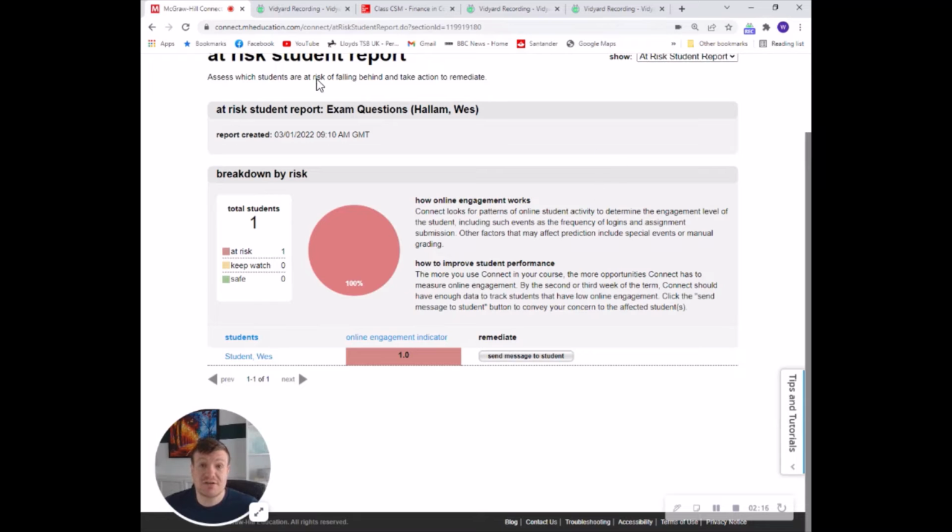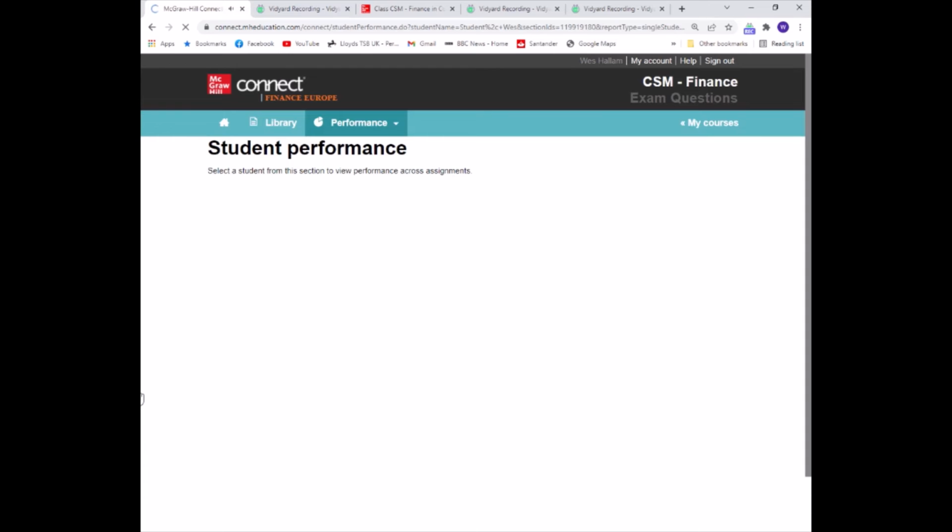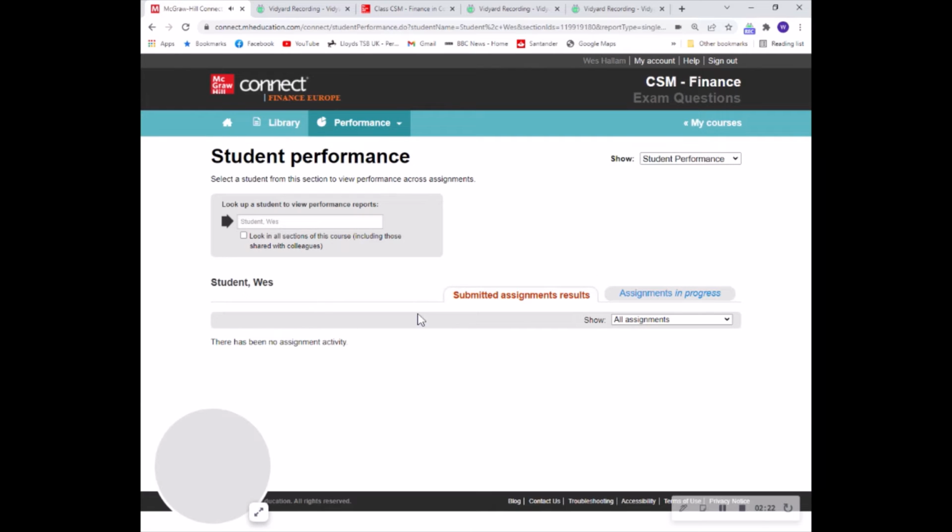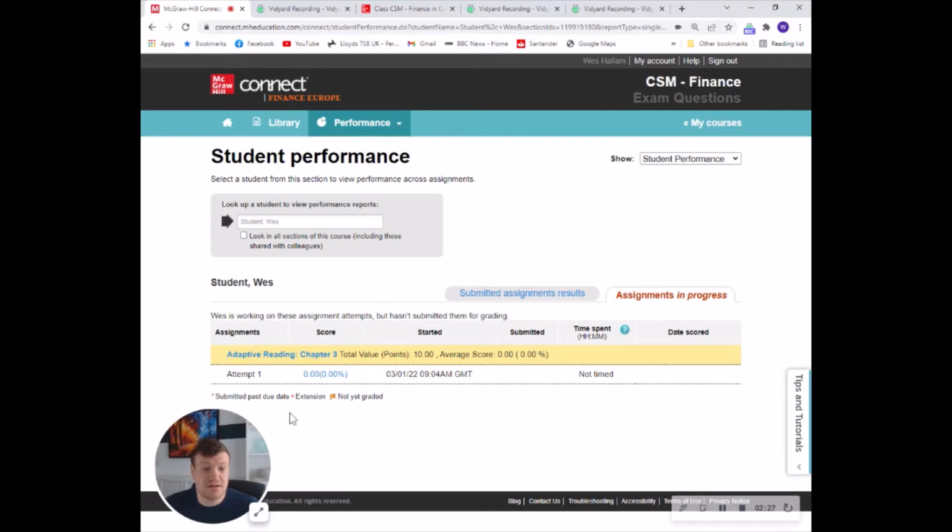If you want to take a look at how a particular student is doing, you can always go and click into their name, and it'll show you what they've submitted and what they've got in progress. So I can see here that this student has started to do one of the adaptive readings that I've set up for them, but hasn't actually completed it yet. So it allows you to go and see what constitutes a 1.0 score, a 2.0 score, and so on and so on. To get back, I can just go up to this menu at the top and then click